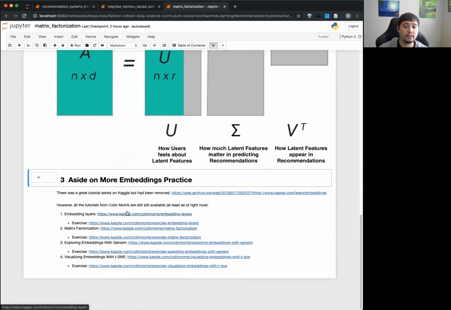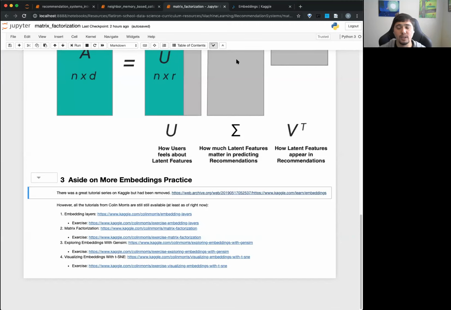So I did want to point out there was this great tutorial on Kaggle about embeddings. However, it was recently removed. I don't really know why. It might just be that they decided it wasn't worth putting in here. It is on Web Archive, so if I load this up, you can see what it used to look